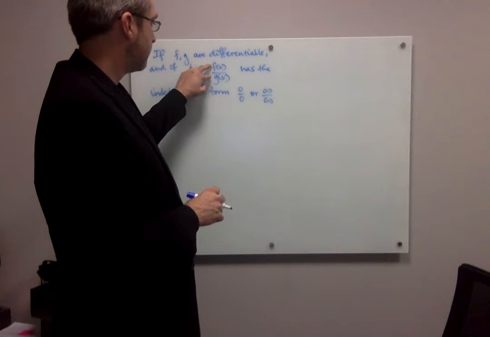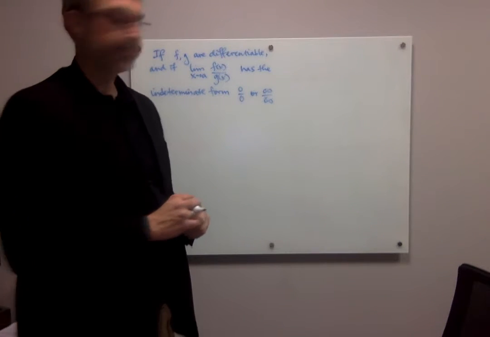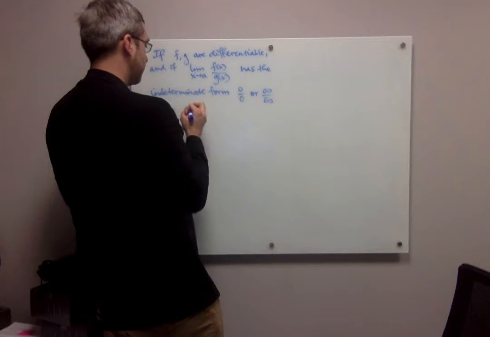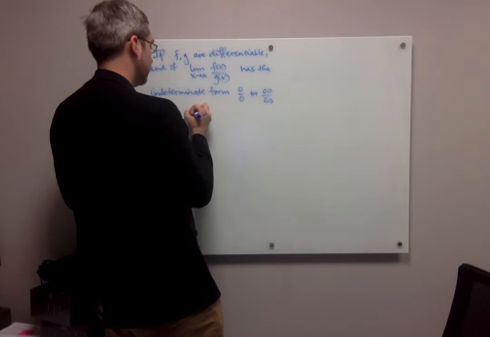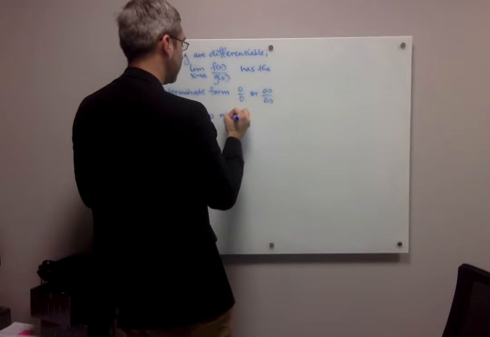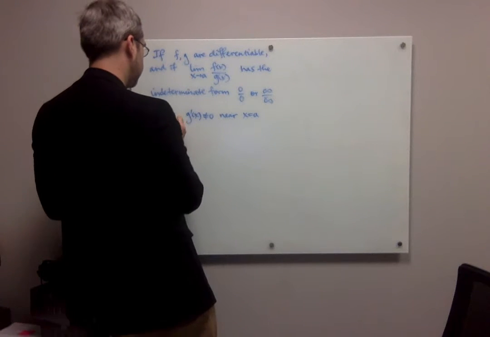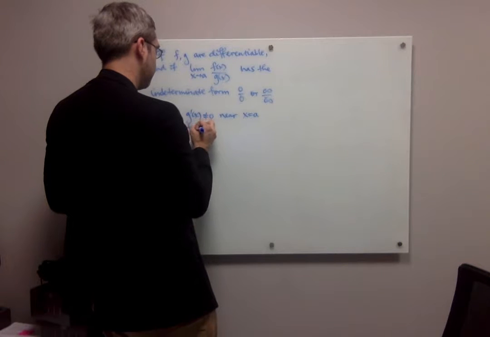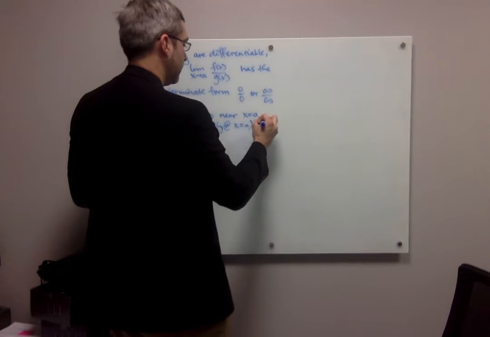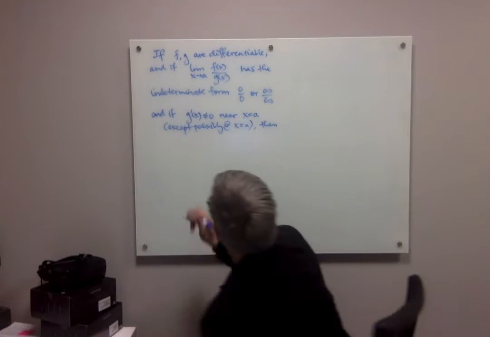Okay, so if the top and bottom are both going to 0, or the top and bottom are infinite, and if the derivative of the bottom does not equal 0 near x equals a, so where we're going to take the limit, except possibly at a, then, and I'll explain what I mean by that, then to do this limit,